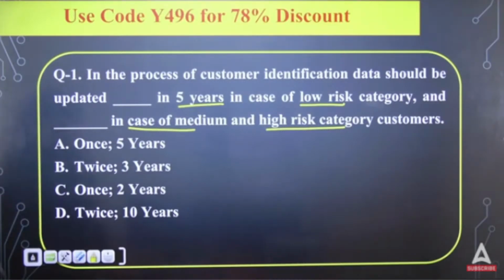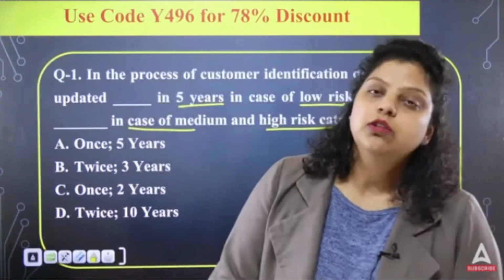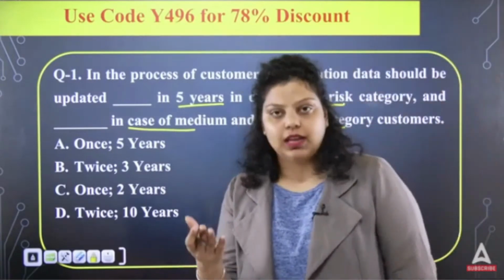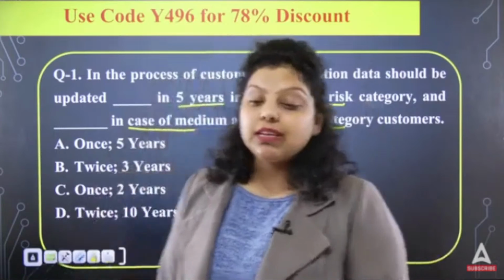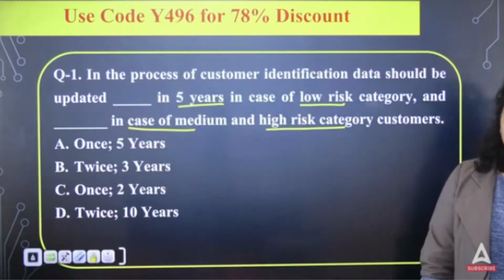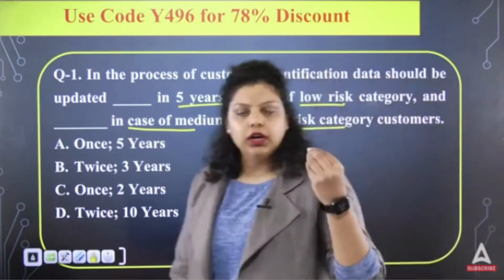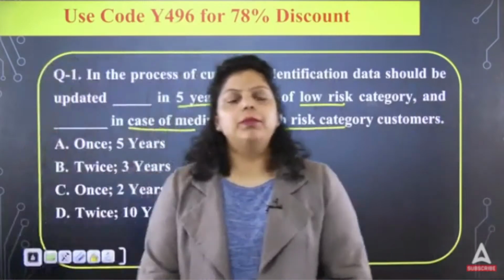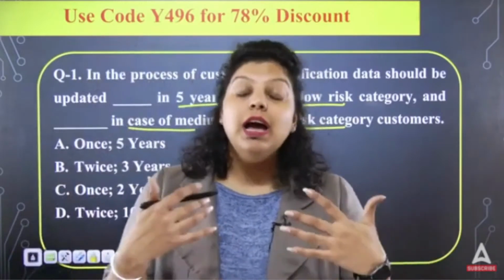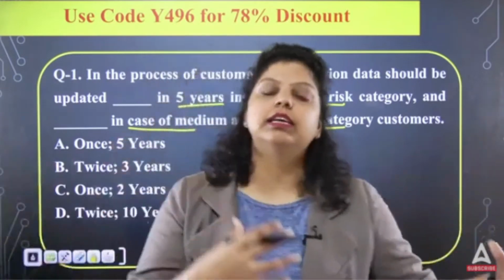Similarly, like the customer identification process, we have a KYC process. First of all, what is KYC, AML? Do let me know the answer to this question. Till then, I will be explaining AML and KYC. KYC is Know Your Customer. AML is Anti-Money Laundering. KYC is a set of rules, a set of regulations every bank has to follow. KYC is a process in which each and every financial institution has to make sure that they know their customer by taking certain details of their customer.